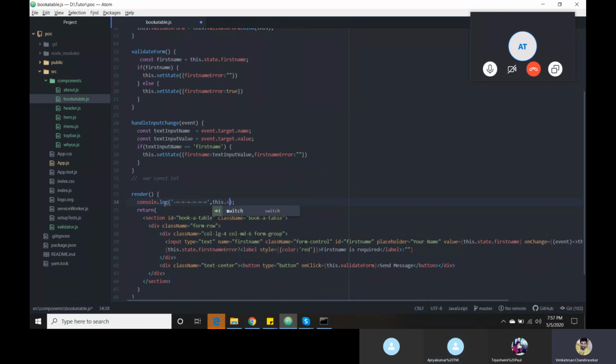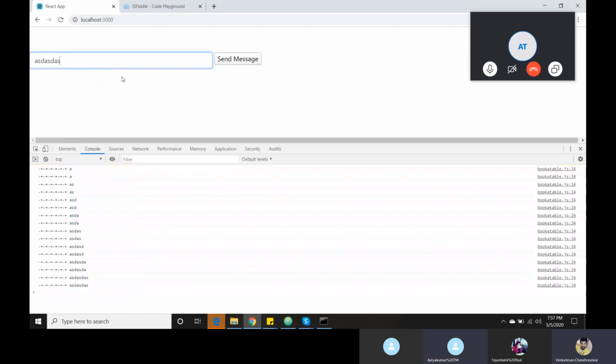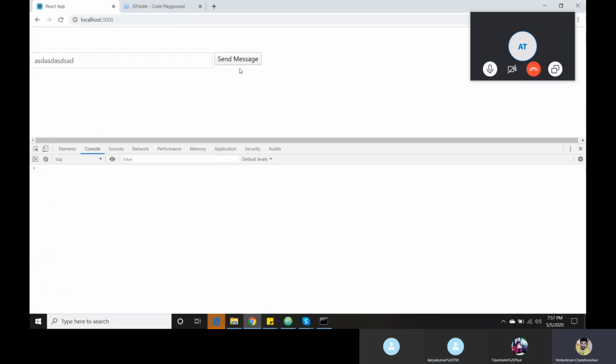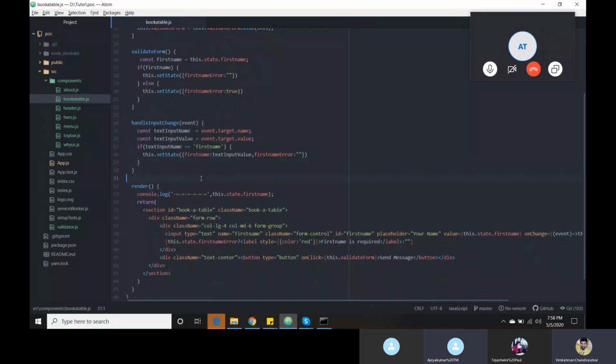You use your object variable followed by your variable name. You got it? Whenever you're changing, you will get your proper response inside the render, not on the next line of your setState.